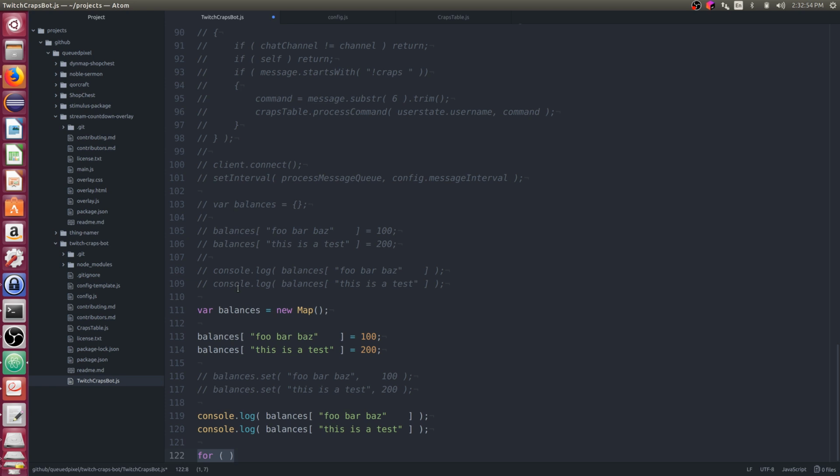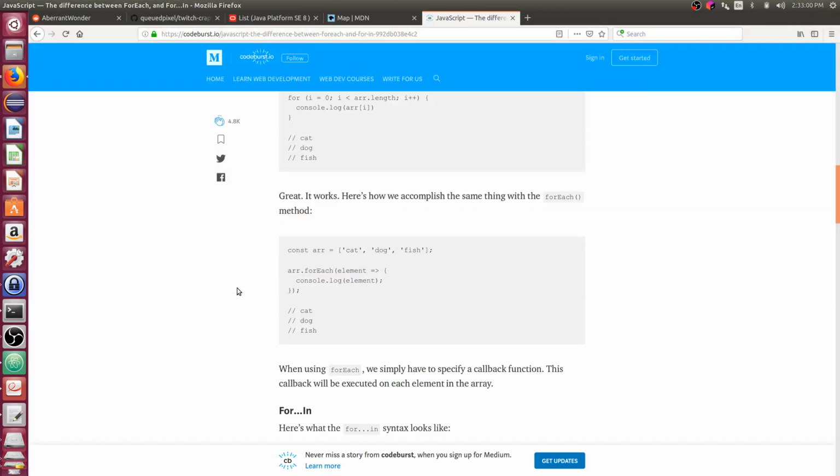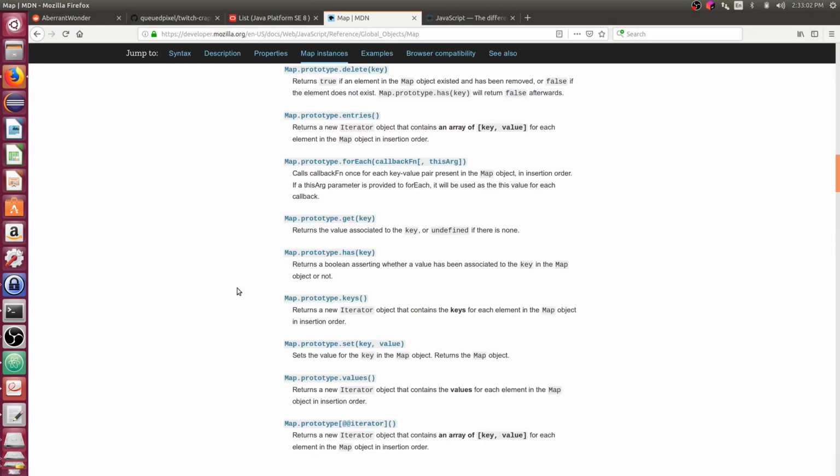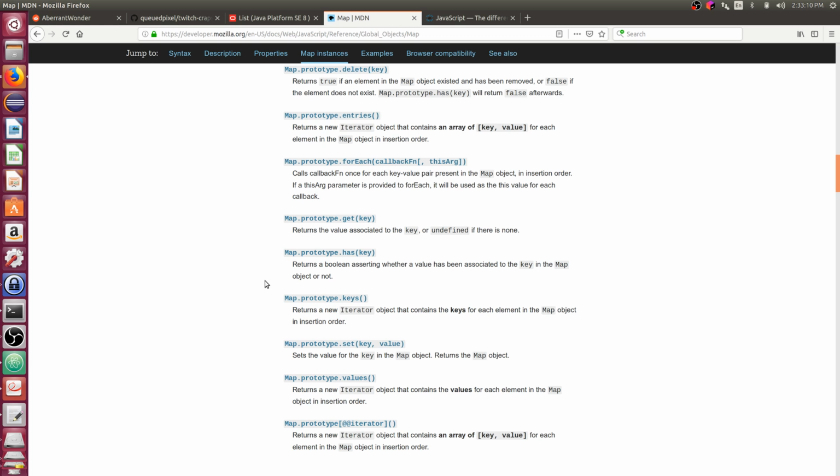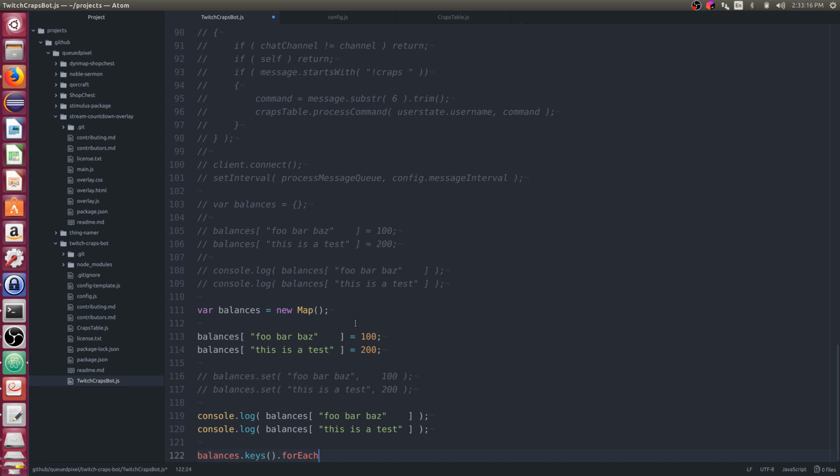We'll say balances dot keys dot for each. We need a callback for this. I think I have a callback for something set up here.